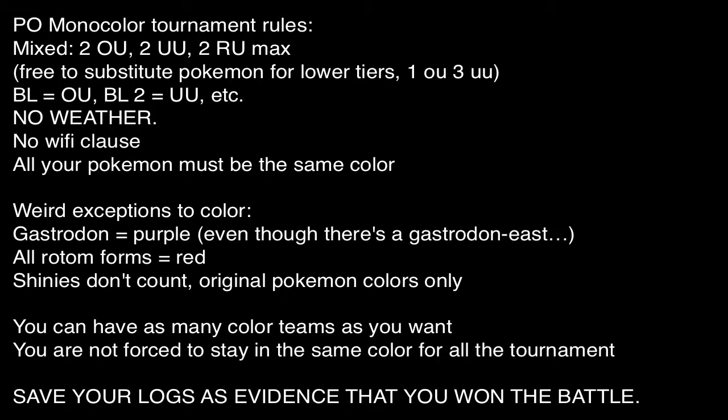So you can't make up the excuse that you can put Gastrodon on your blue team because it's Gastrodon-east or something. So no, Gastrodon's only purple. Also, all the Rotom forms, like Rotom Wash, Rotom Heat, Rotom Fan, are all going to be red. So don't think Rotom Wash is going to count as blue or anything like that. Shinies also don't count, so you can't make up the excuse, oh, but I want to have a Charizard on my black team because shiny Charizard is black. No, you're not allowed to have any shinies. Just use whatever color it says on Bulbapedia. Don't try to